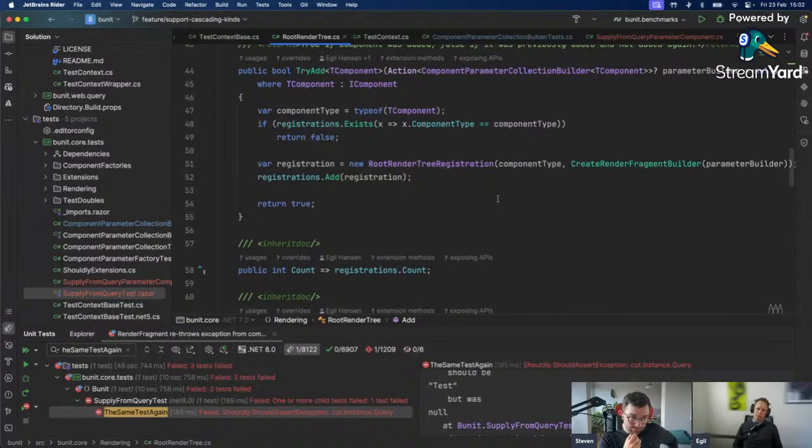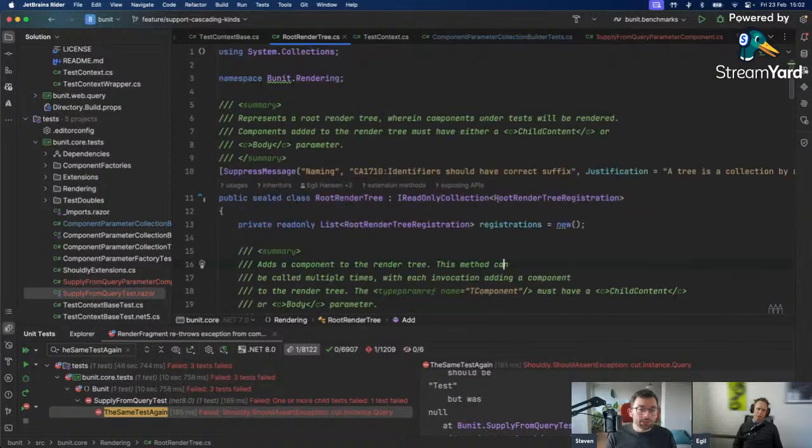Do you mean from the navigation manager? No, sorry, I mean from the root render tree. If we would add a mechanism here so that users can use the supply from query parameter, it feels very odd. I agree. I think it's closer to what we want by having it be through the navigation manager,